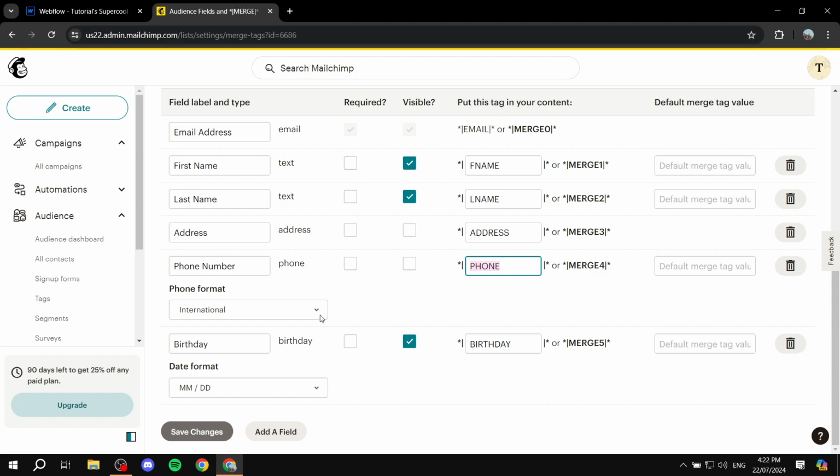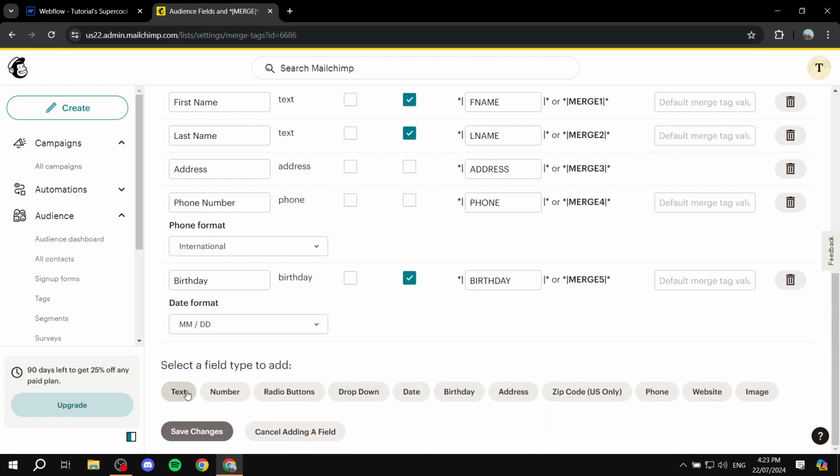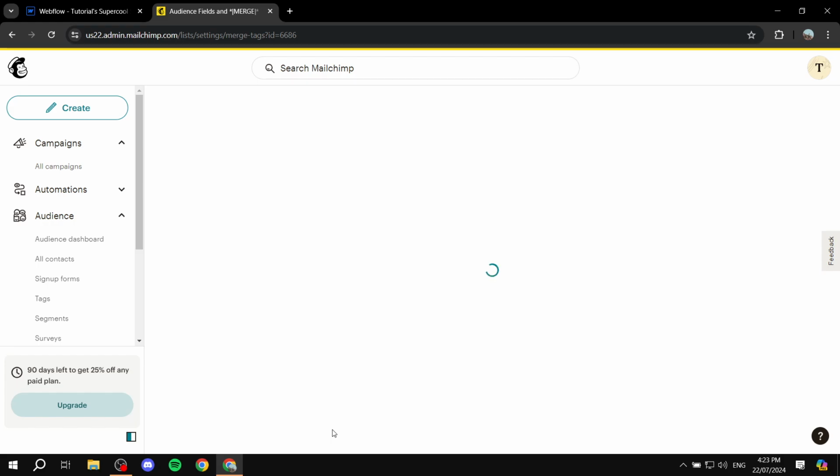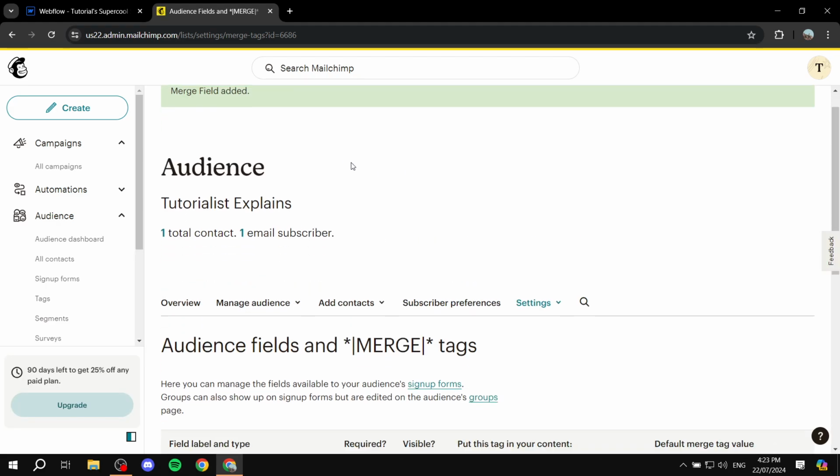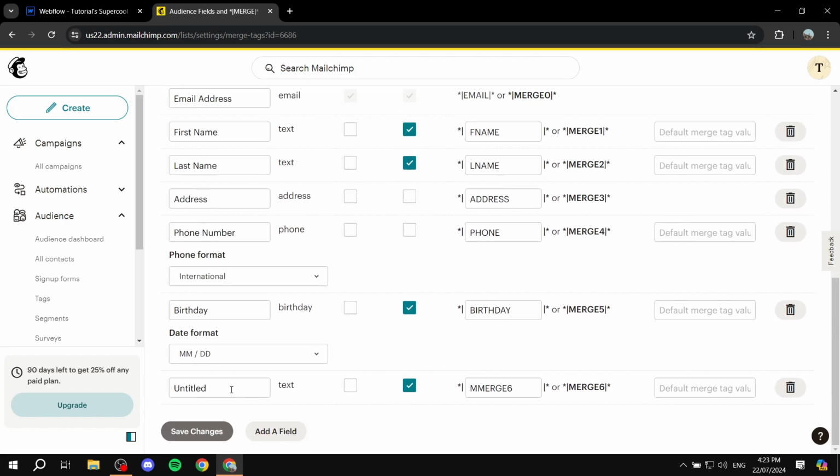Now, if you want to create a completely unique field to you, you can just add field from the bottom here, and then you would want to make sure you select the proper thing for it. So whether it's going to be text, numbers, or address, zip code, whatever it may be. I'm just going to leave it as text, and I'm just going to create that field real quick. Shouldn't really take too long. We have it right here. It's untitled for the time being, so we can actually go ahead and change that so that it is a proper field. Let's say we want to ask about